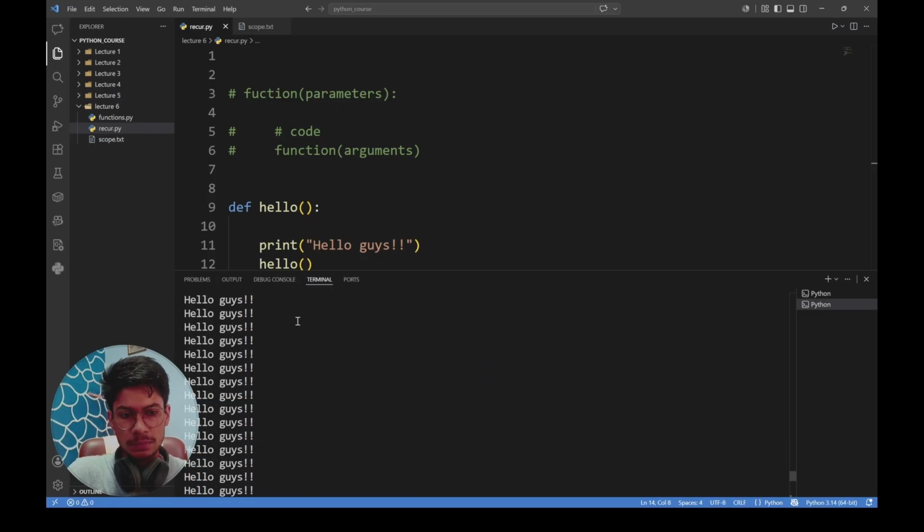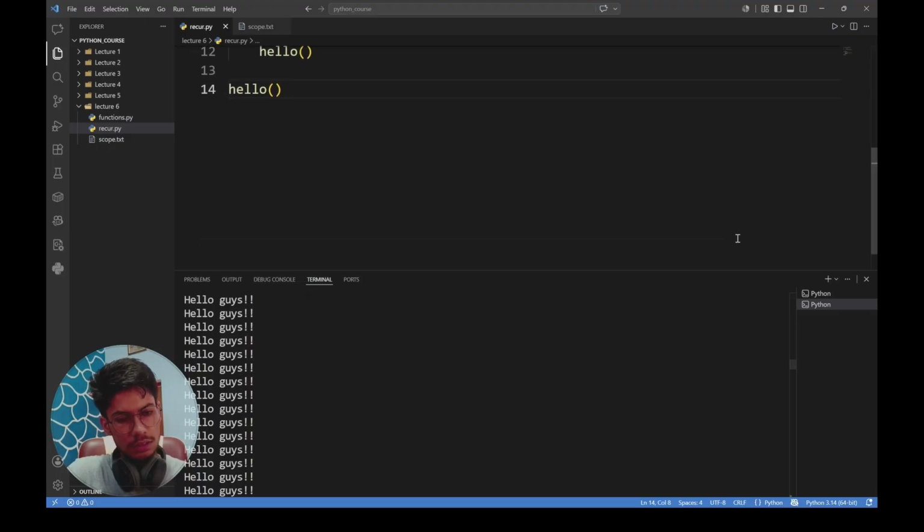You can see that we are actually having a terminal full of hello guys the instant we run this file. Can you see this much of hello guys? I am actually scrolling down. You can see that over here. So our terminal is filled with hello guys,